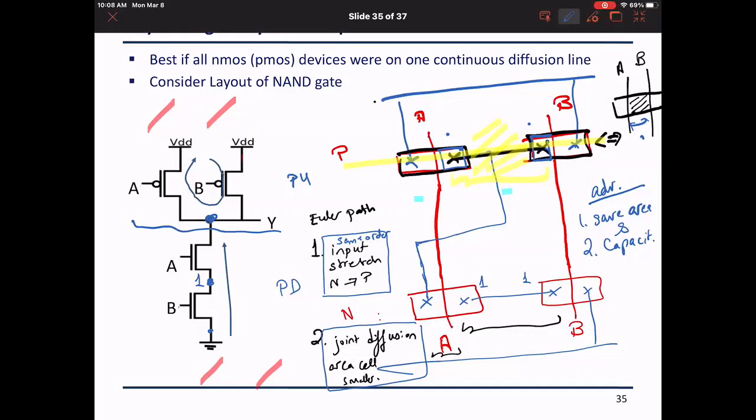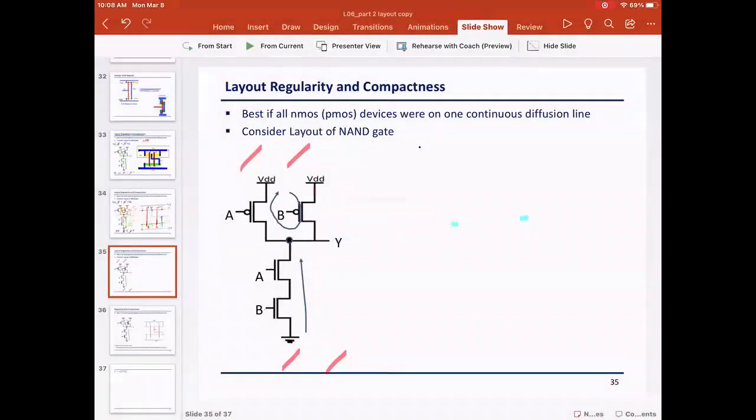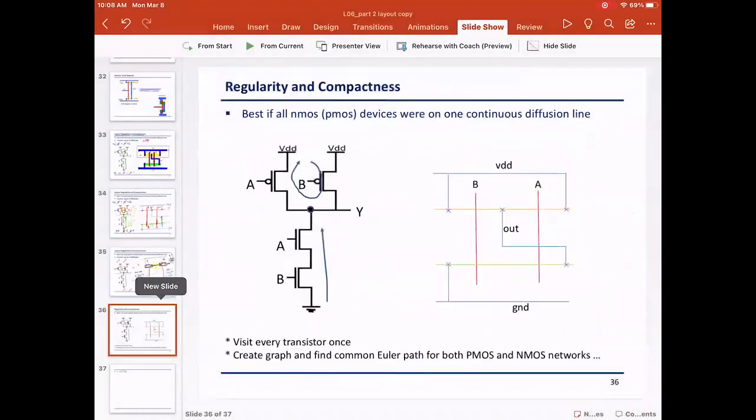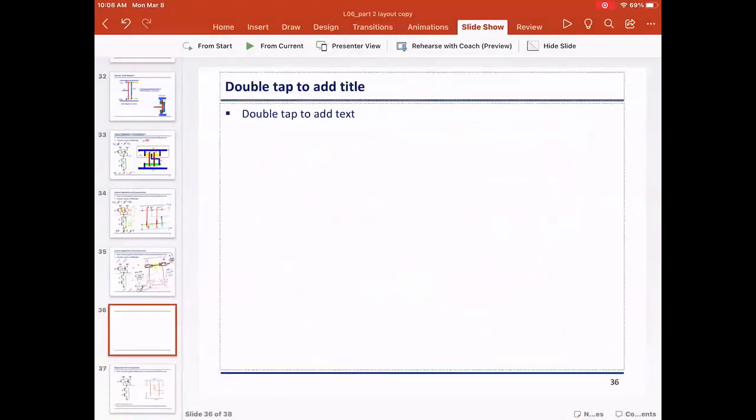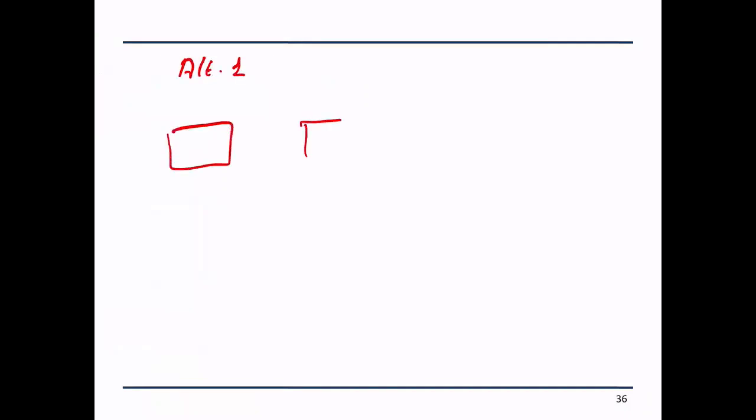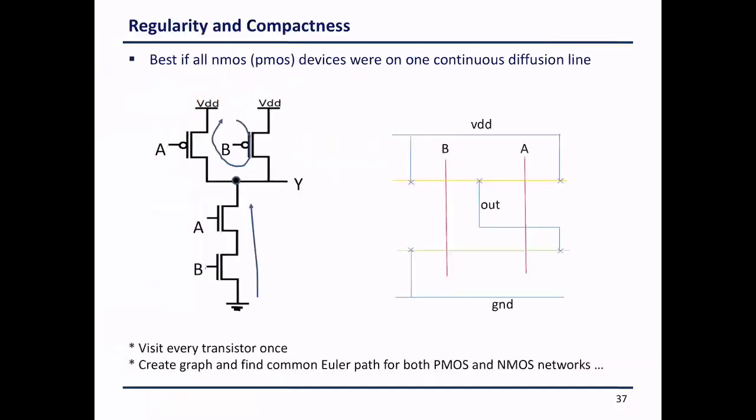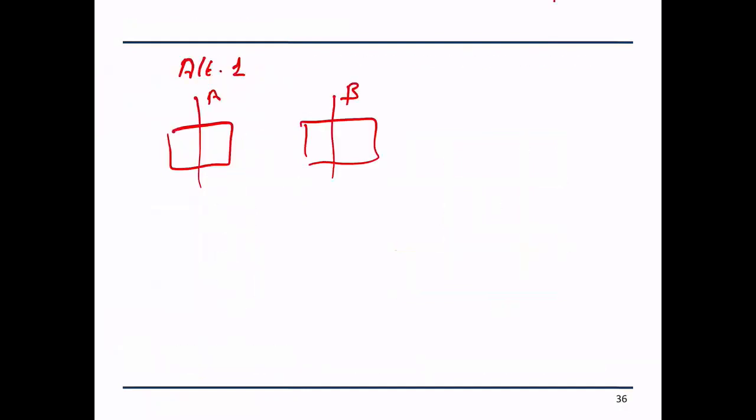What do you exactly mean by stretch? Okay, so stretch means, let me redraw it here. So I'm going to draw it on the next slide. One second. So if you look now, what we are differentiating is we are differentiating between drawing in the PMOS and alternative one. Okay, I draw transistor A, I draw transistor B. Okay, and I draw a connection, pardon me, I draw a connection between them, right? So I draw a connection